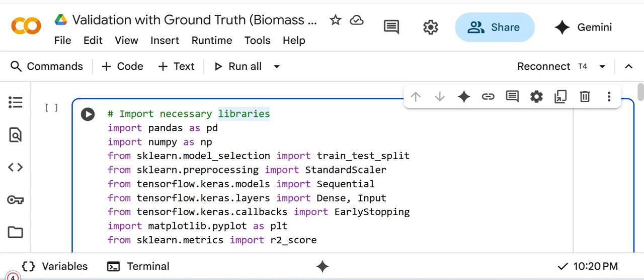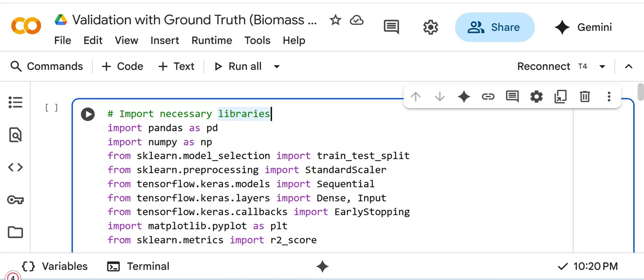In today's demo, we will train a neural network on the biomass dataset with the synthetic satellite features, NDVI, and elevation, generate predictions, and validate them against ground truth biomass, mimicking real-world geospatial validation.